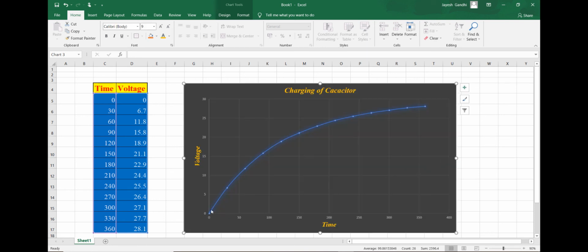So you can see it is a very nice exponential curve which we have got with the readings which we have taken. You also find that this line, the 30 volt line which we have applied, is going to be asymptotic with this curve because they will never meet. Some charge can always be put on the capacitor. So this is the charging of the capacitor. Similarly, you can note down the readings for the discharging of the capacitor and make a plot on your own.